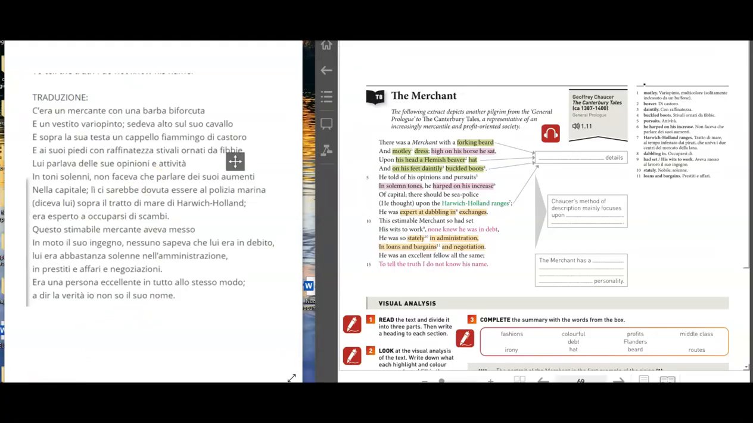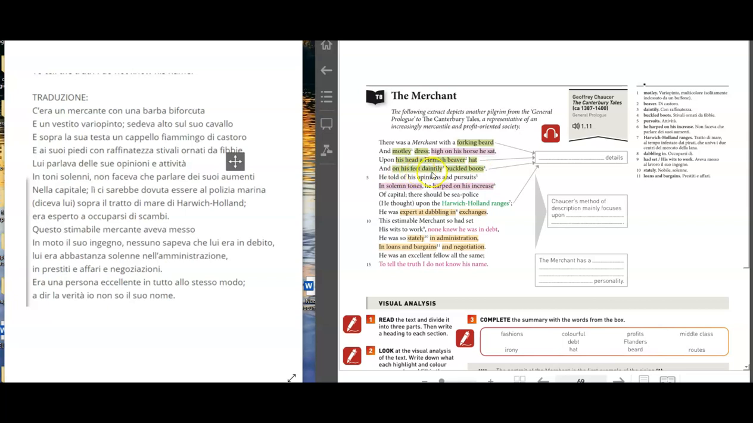Okay, now let's see the meaning. The merchant. Okay, there was a merchant with a forking beard. C'era un mercante con una barba biforcuta, ok? Forking, biforcuta, beard, barba. And motley dress, ok? E vestito variopinto, motley, lo vedete anche qui, variopinto, multicolore. High on his horse he sat, alto sul suo cavallo era seduto, quindi sedeva alto sul suo cavallo. Upon his head a Flemish beaver hat, ok? E sopra la sua testa un cappello fiammingo, quindi un cappello fiammingo di castoro, ok? Cappello fiammingo di castoro. And on his feet daintily buckled boots,